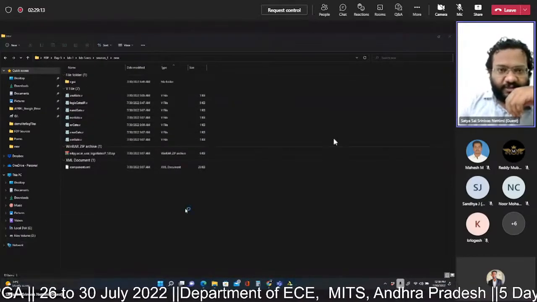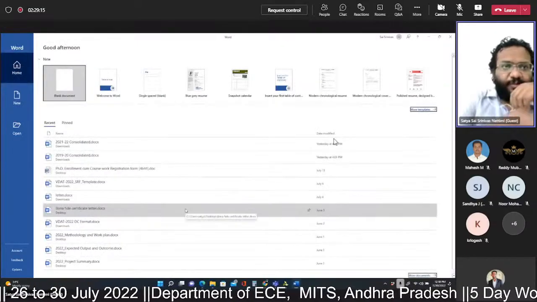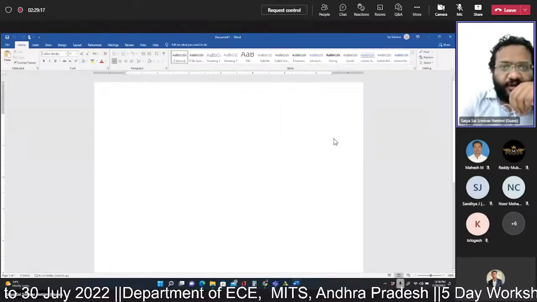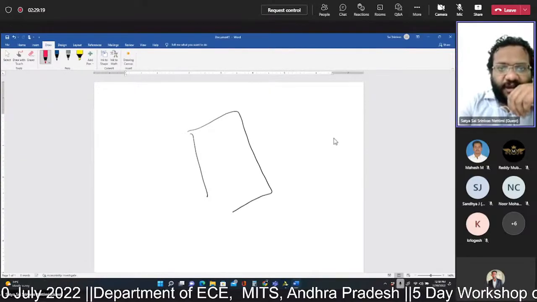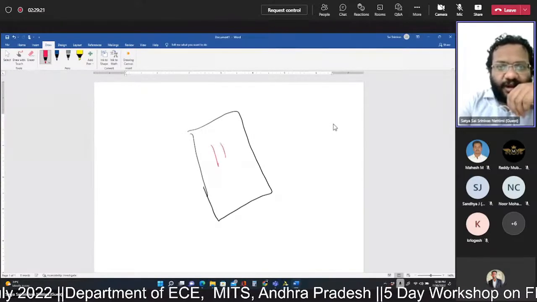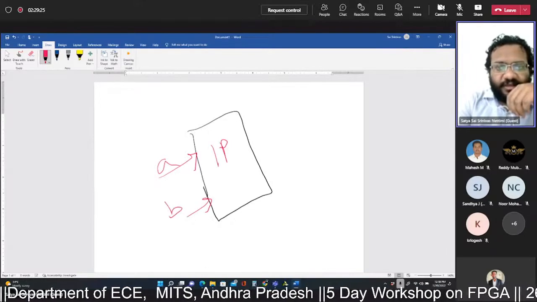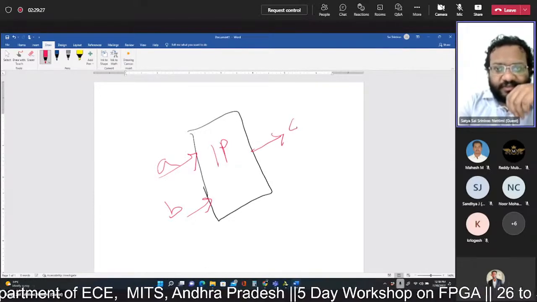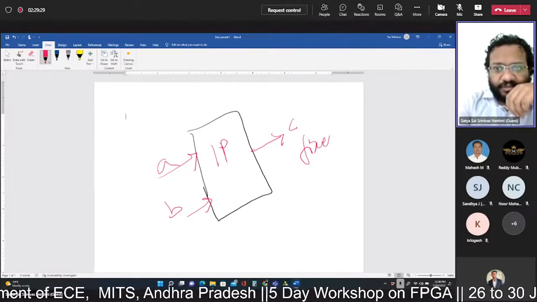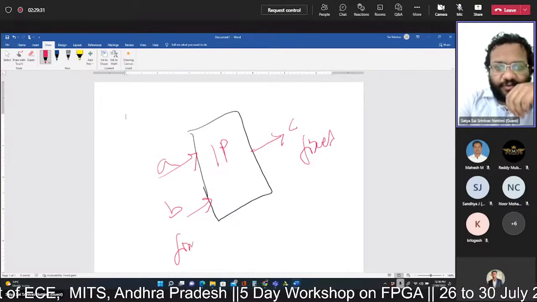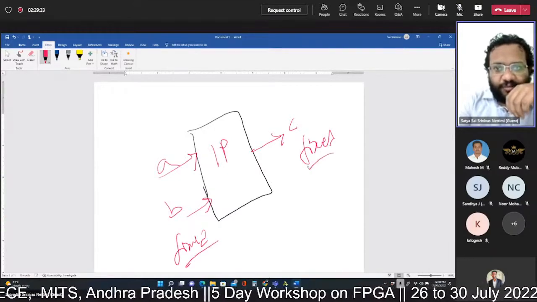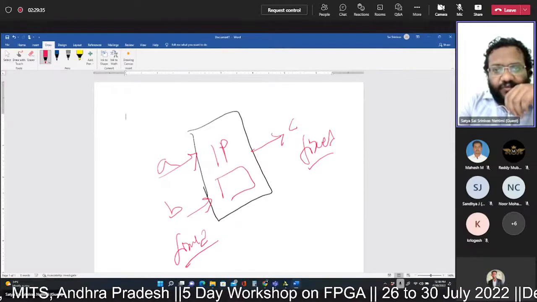However, there is a concept called dynamic port. So what is a dynamic port, I will tell. So you have an IP, right? Now our IP has 2 fixed inputs and 1 output. This is also fixed. Fixed inputs and fixed outputs. Inside what we are doing is